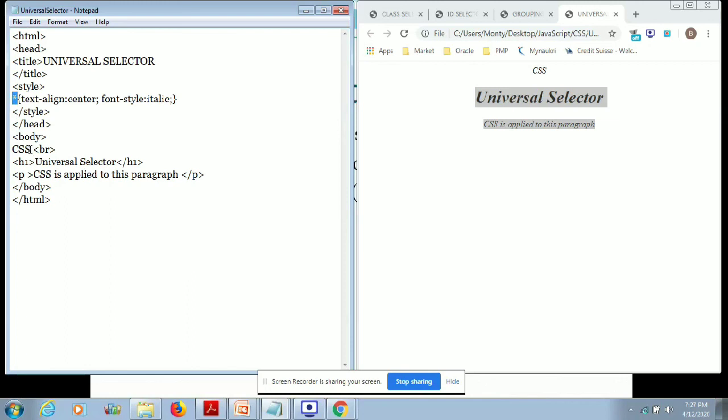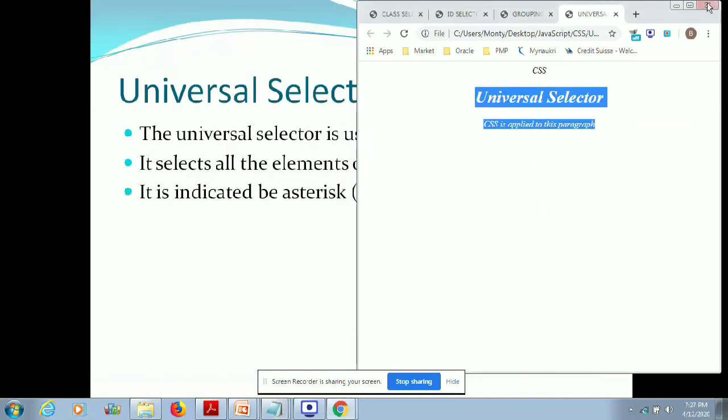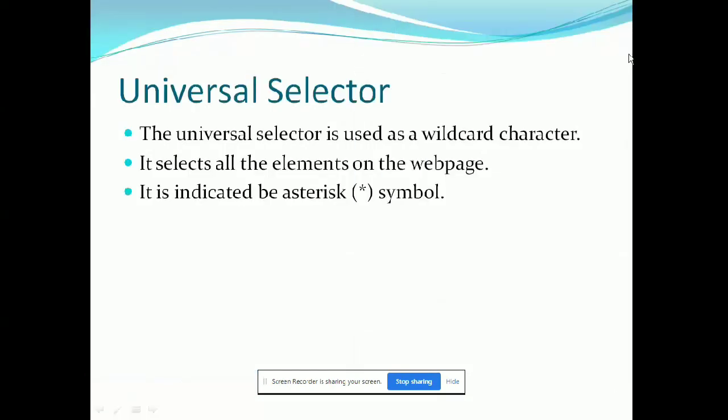That is why all the text over here has text align center and font style italics. So the universal selector is indicated by an asterisk. It indicates all the elements in your page. Whatever elements you are using, they are included in this symbol.